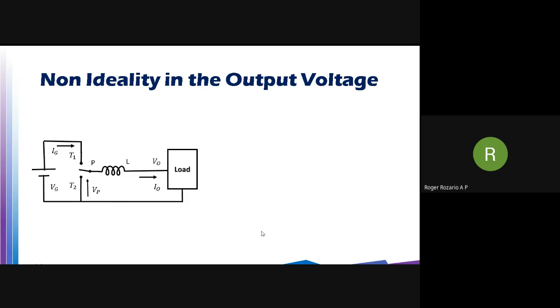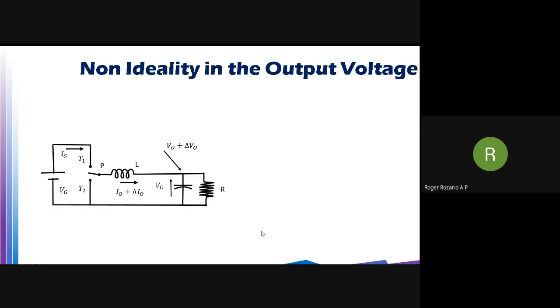So let us take the same primitive voltage to current converter. The output voltage ripple is a function of the load. The amount of ripple that is present in the output voltage is directly proportional to the load that is connected. Load usually is a resistive load in a DC to DC converter. We have already seen there were some ripples in the output current, and we assumed it to be del I naught, and we even quantified del I naught to some expression constituting the duty ratio, the switching period, and the circuit time constant L by R.